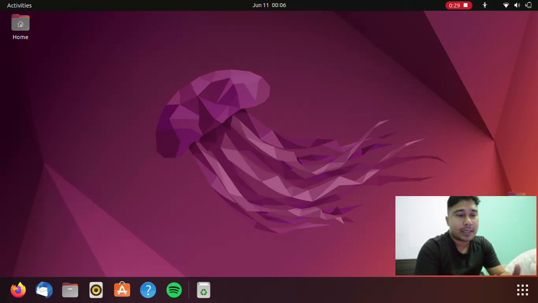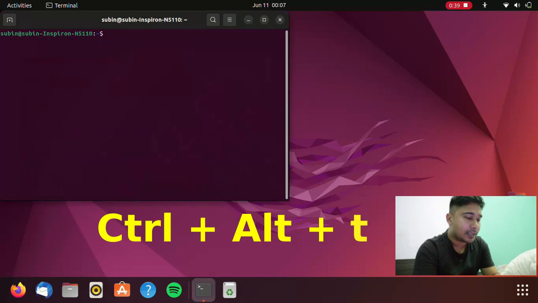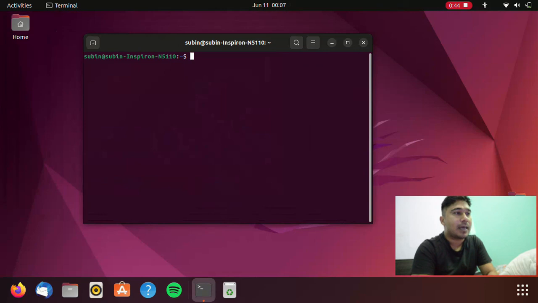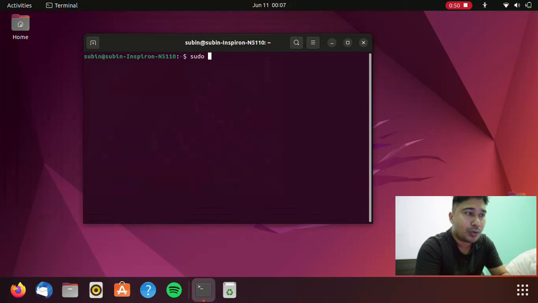Today what I'm going to teach you is how to install Java JDK 18 on your Linux Ubuntu Jammy Jellyfish operating system. For that, you need to press Ctrl, Alt, and T to open your terminal. And what you need to do is type the command